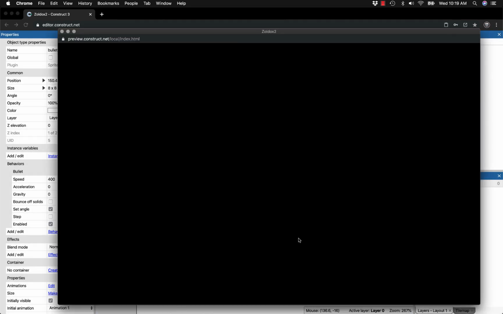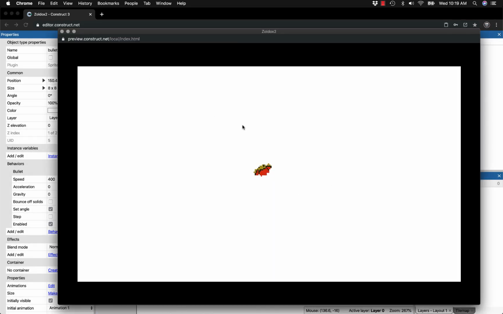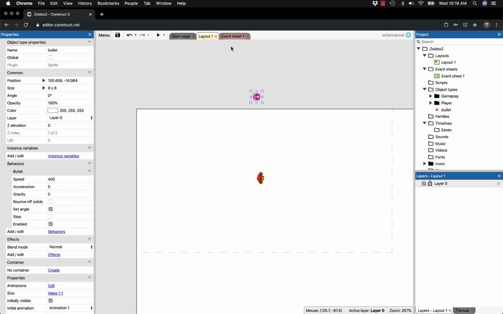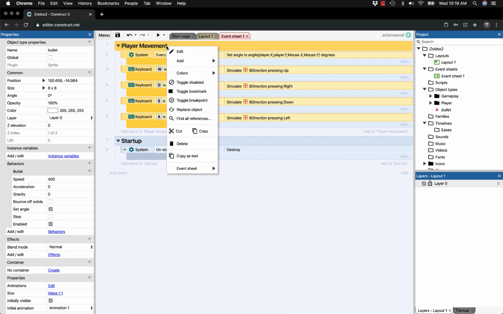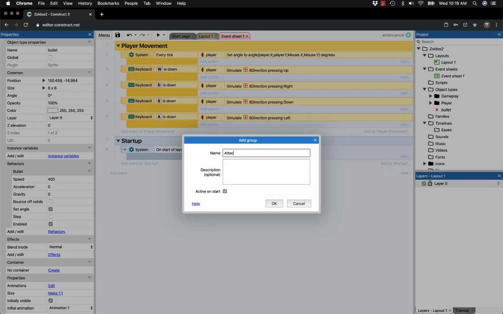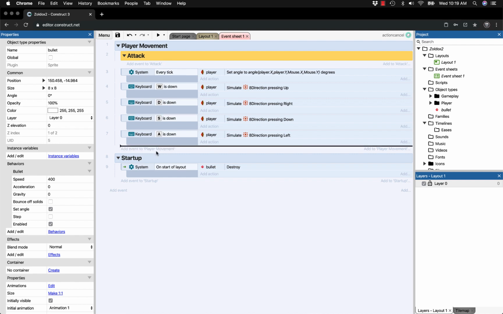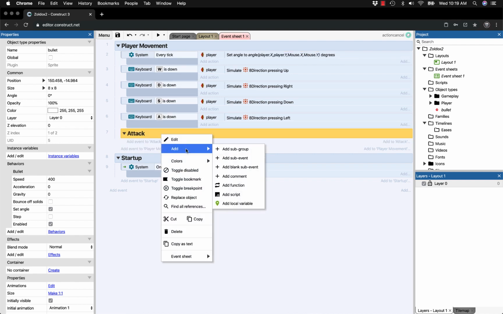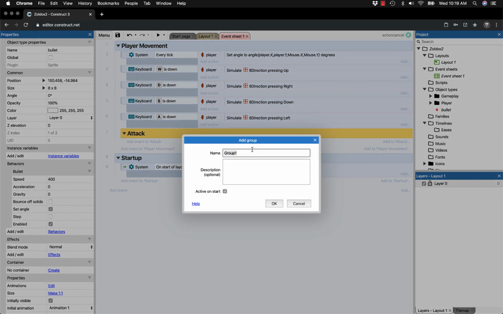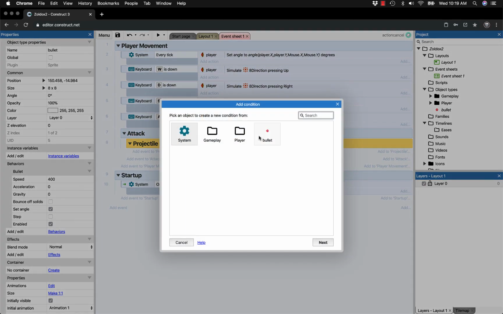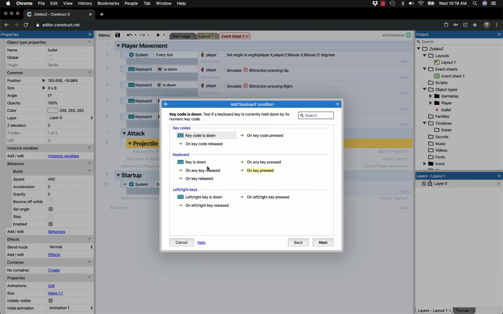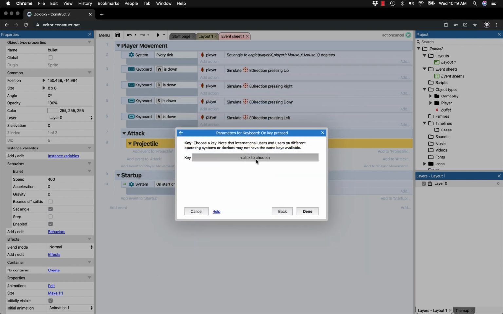Alright, but still, this does nothing, as we're probably well aware at this point. So, this will be really simple. Let's go back to our player movement, and let's make a subgroup here, and I'll call it Attack. And I'll drag this to the bottom, and then I'm going to make another subgroup here called Projectile, and make a sub-event here, and we'll just go to our gameplay objects, to our keyboard, and on key pressed, let's go with spacebar,